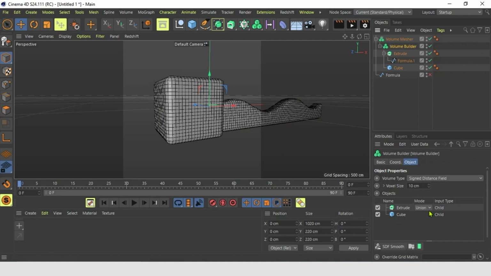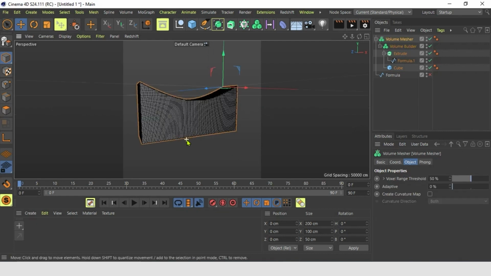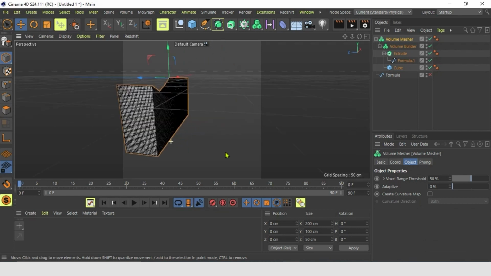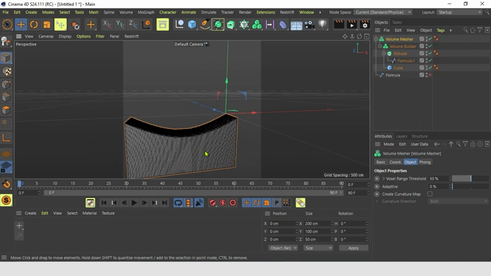Now we can choose intersect, and all we stay with is the intersection of these two elements. We can go to the volume builder and decrease the voxel size, let's say 3 centimeters for now, so that we don't have too many polygons. And now we have this nice intersection.